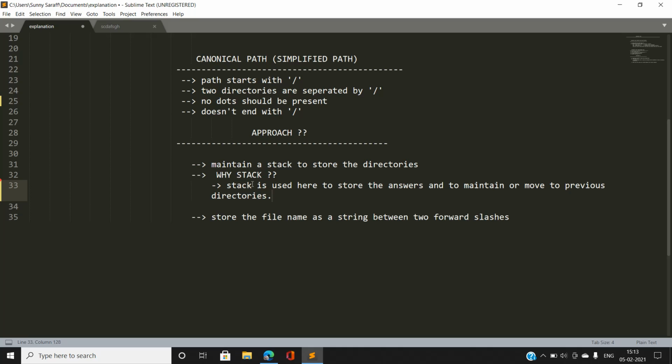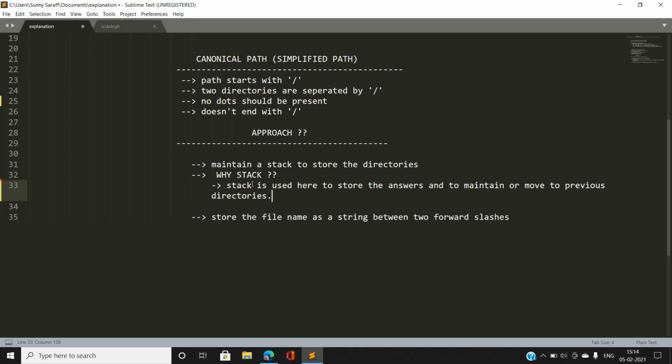If we are moving to the previous directory, then the stack is going to pop out the element at the top of the stack if it is present. Otherwise, the operation is nullified; there is no such operation. So the stack is going to store the answers, and if we encounter a double dot, we are going to pop an element from the top of the stack, which denotes the previous directory.